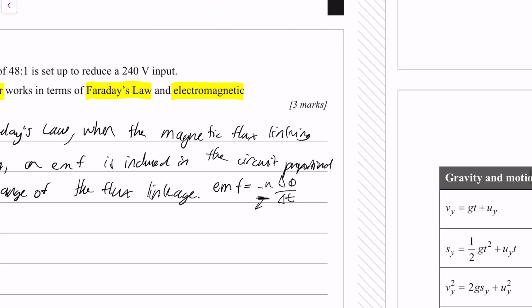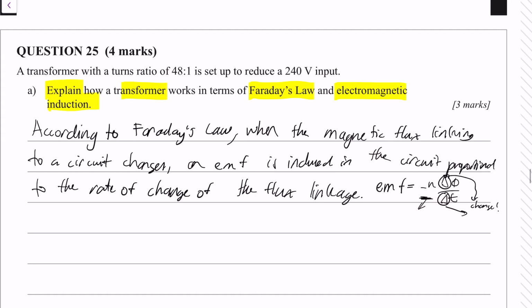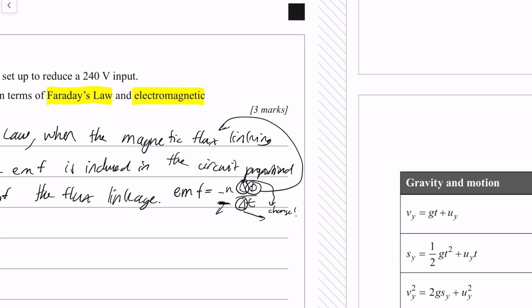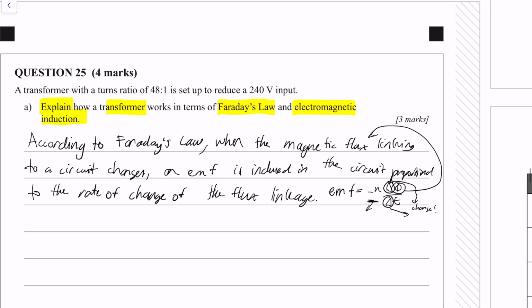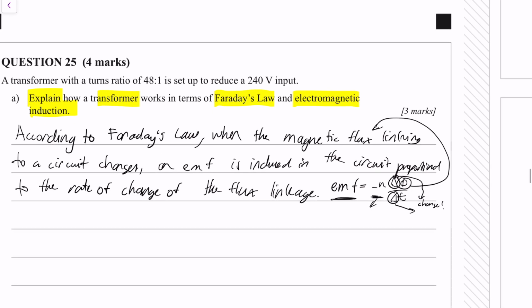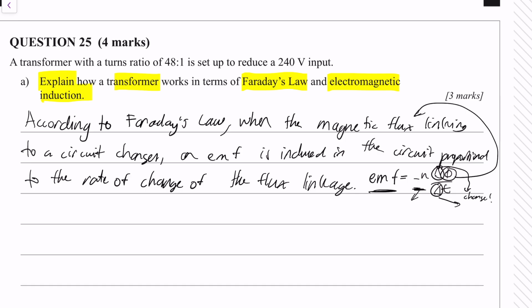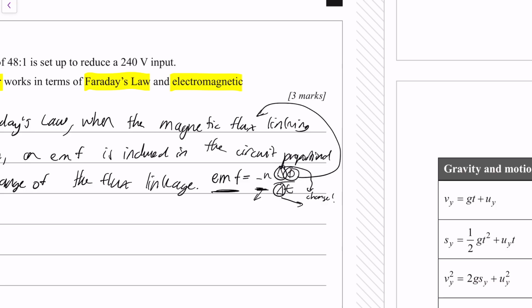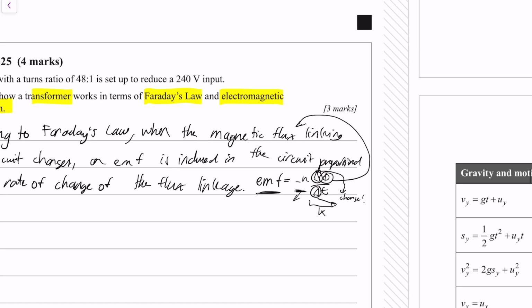Because we have a change in these triangle symbols, they're called delta, and they just mean change. Okay, so when the magnetic flux, which is this symbol right here on top, linking to a circuit changes, an EMF, which is what our formula has, is induced in the circuit proportional to what? Well, if we took this negative n as our outside variable and we just take this as k,